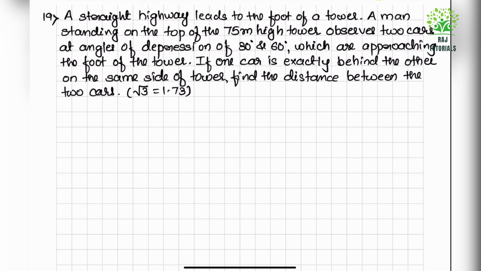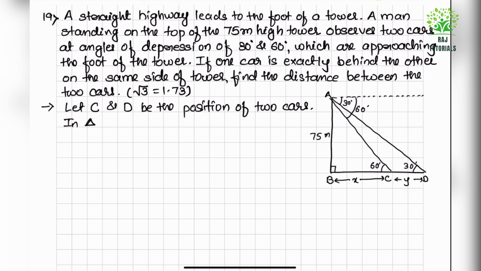Now next question says, a straight highway leads to the foot of a tower. A man standing on the top of the 75-meter high tower observes two cars at angles of depression of 30 and 60 degrees, which are approaching the foot of the tower. If one